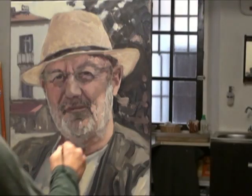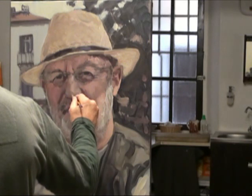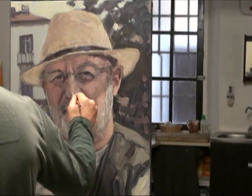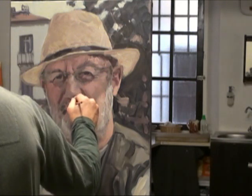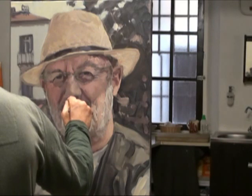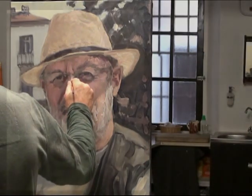Now I'm just working a little bit around the background to blend it all in. And I leave a lot of loose brush strokes when I do that work. And I try to leave brush strokes wherever I'm working. I feel it makes the painting look more like a painting, and that's what I like. And also I like using the rhythm of the brush strokes to carry your eye around the picture and create an atmosphere and feeling. Now I'm just blending that down,